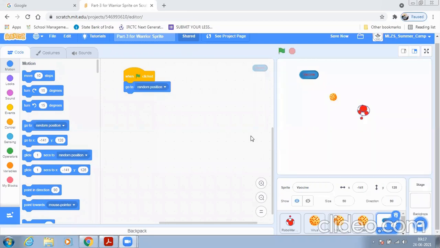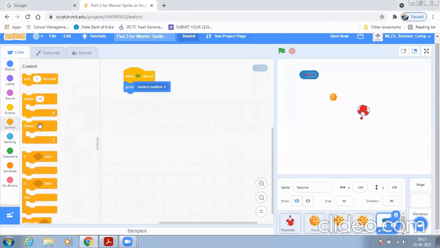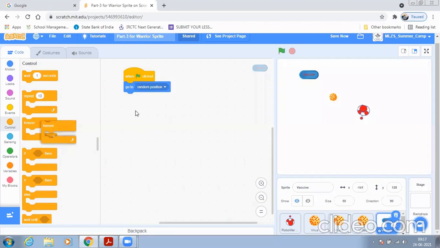Okay, sir. So go to random position, and after that in the control block you should add the forever block. Excuse me, forever, sir.